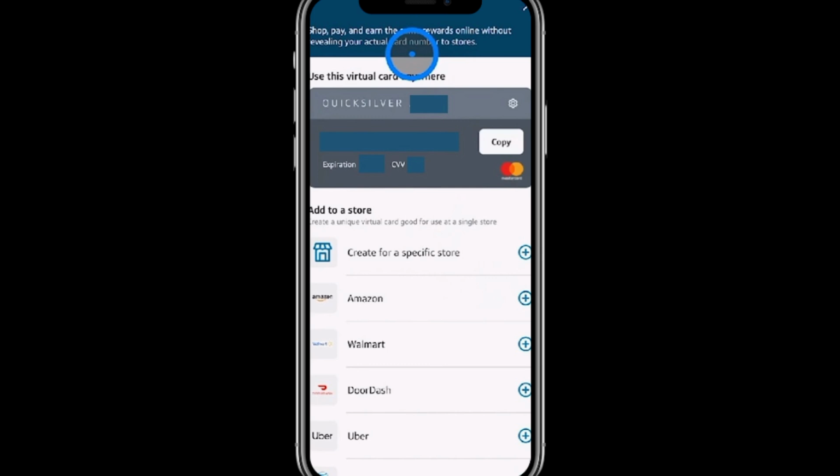You can choose to copy these card details if you need them for immediate use. Alternatively, if you're an Apple user, there's often the option to add the virtual card to your Apple Wallet for even more convenience. This makes future transactions even smoother, as you won't need to enter your card details manually each